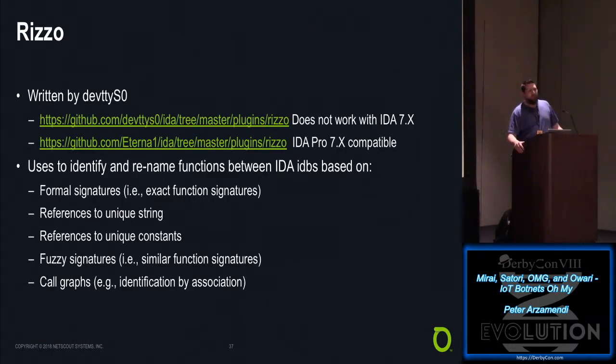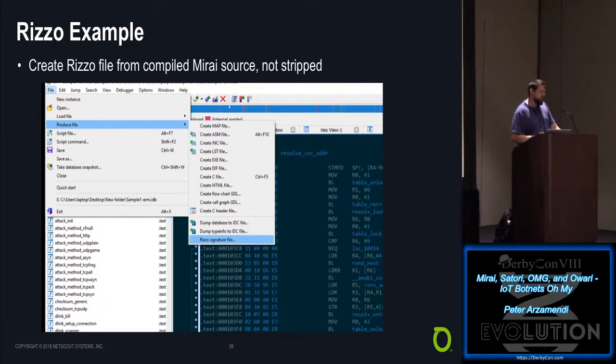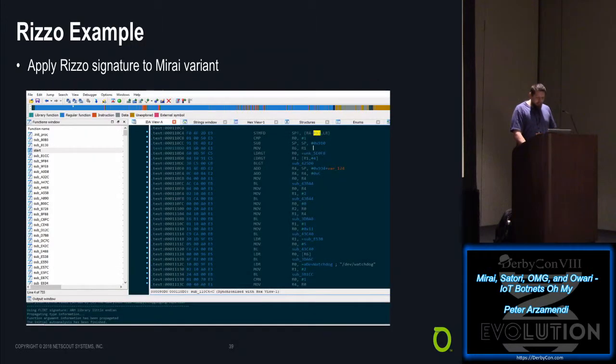Rizzo. Rizzo's another favorite tool of mine. I love Rizzo. Rizzo builds signatures that you can apply against the stripped binaries. In similar fashion, you build your version of Mirai for the architecture you want to test with or analyze. Make sure you don't strip the symbols. Then you use Rizzo to create a pattern file or a signature file. Here's the stripped binary. This is what we see. We see the functions over here that aren't labeled, just the default IDA labeling. We see the assembly. No real good clues here. A lot of work to try to figure out just the basic functionality.